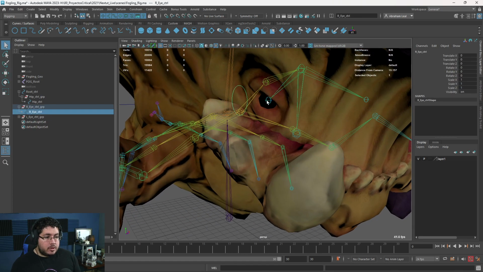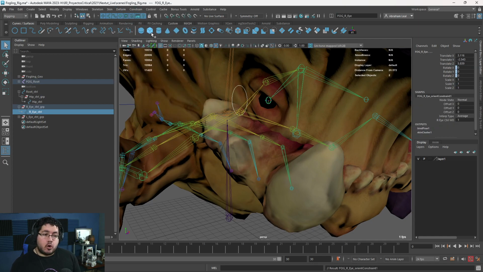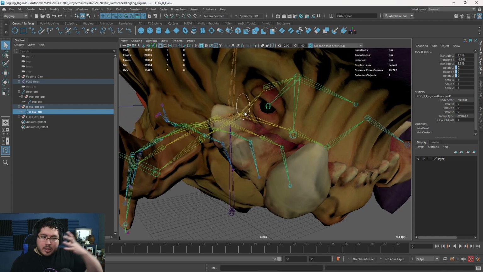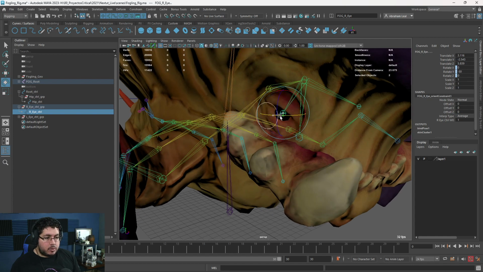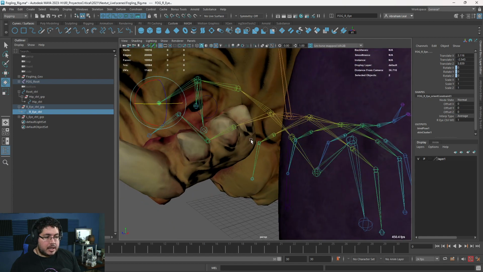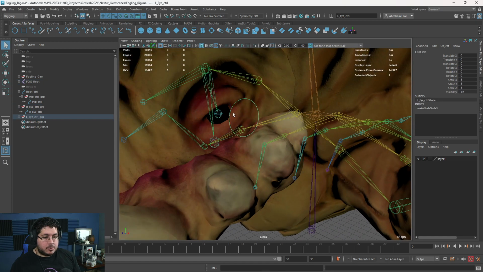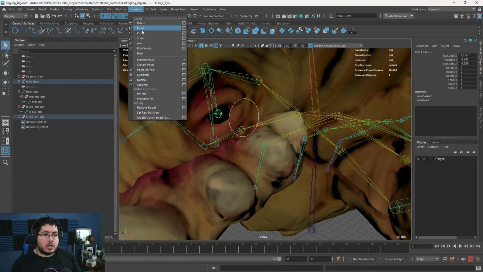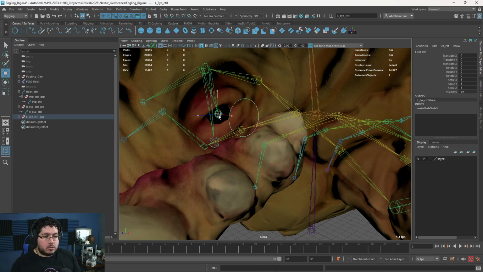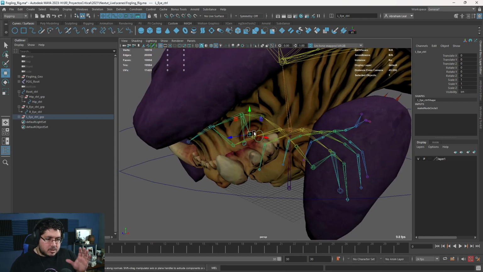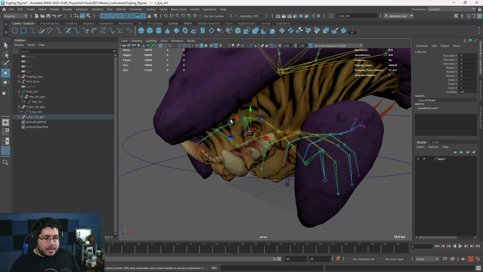Finally, we grab the curve, we grab the eye, and we do a constraint. In this case, we're just going to do an orient constraint. Why an orient constraint? Because we don't want to move the eye, unless you want to go super cartoony. We just want to be able to rotate this thing, and depending on how we rotate this thing, we're going to be rotating the eye. Same thing over here, we grab this guy right here, we grab the eye, and we do an orient constraint, because again, we only want to rotate the eye. This is one way to do it for characters. There are other ways like aim constraints and stuff like that, but for this character, I think this is perfectly fine, because we're probably only going to be moving it up and down.